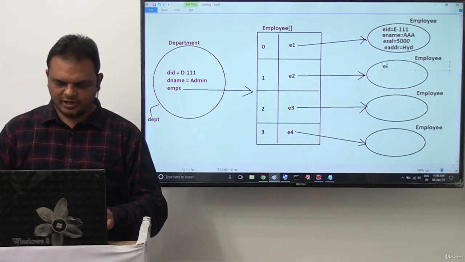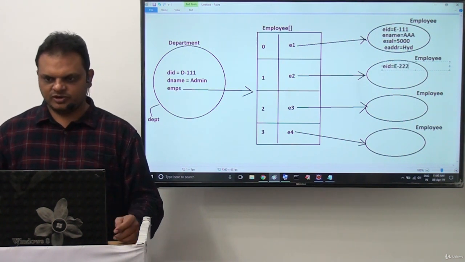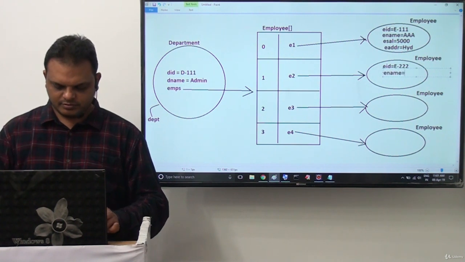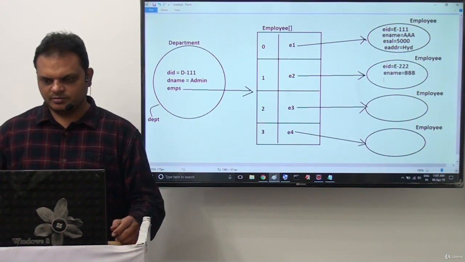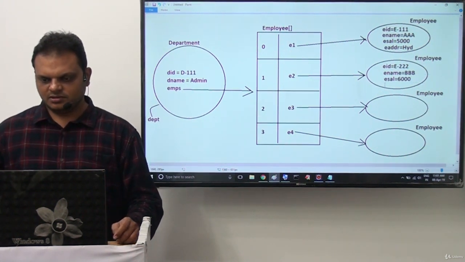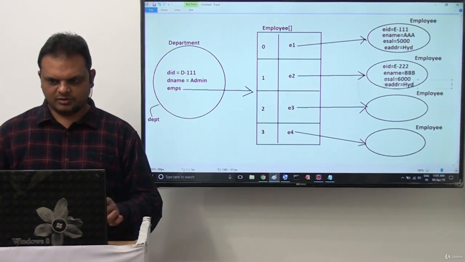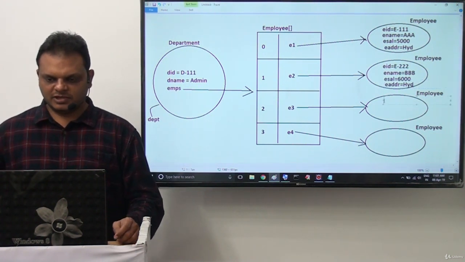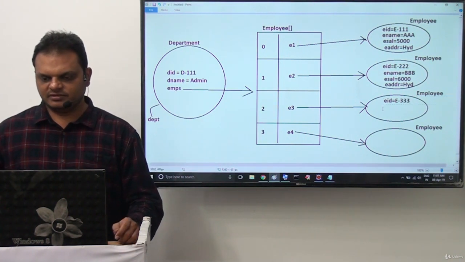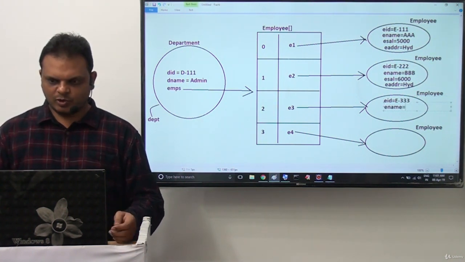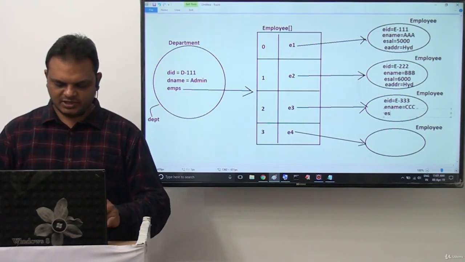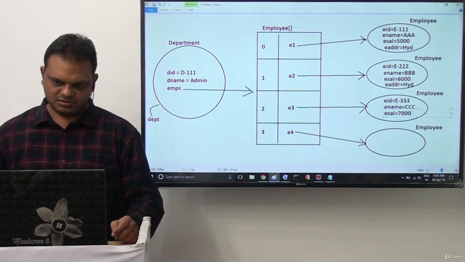Next one is employee ID EFN222. Then after that employee name BBB, employee salary 6000, and employee address Hyderabad. Next one is employee ID EFN333, employee name CCC, and employee salary 7000.